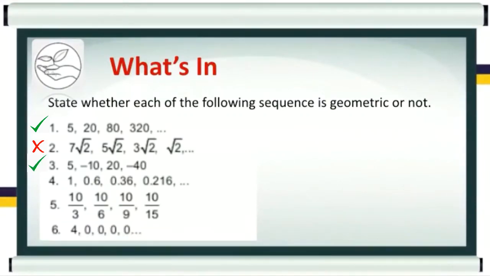Geometric, sir. And what is the common ratio? 2. Very good. Positive 2 or negative? Negative 2, sir. Oh, very good. On the next term, the 20 is already positive. Negative 10 times negative 2, the answer will always be positive. Very good. Next,